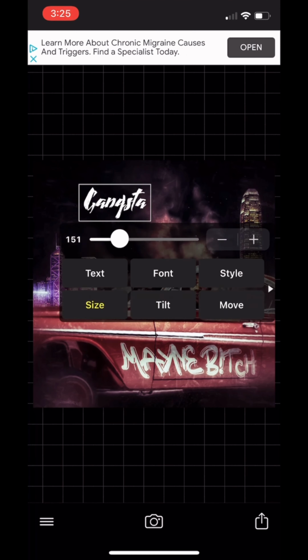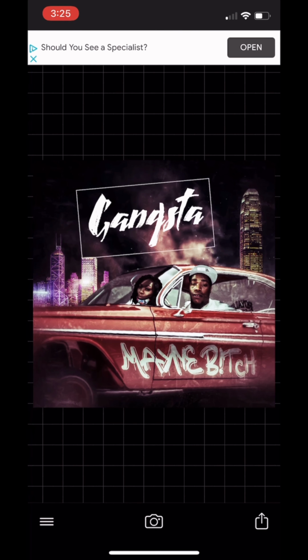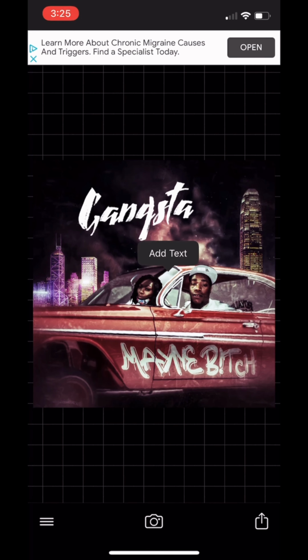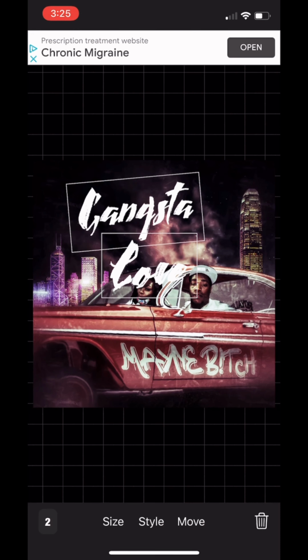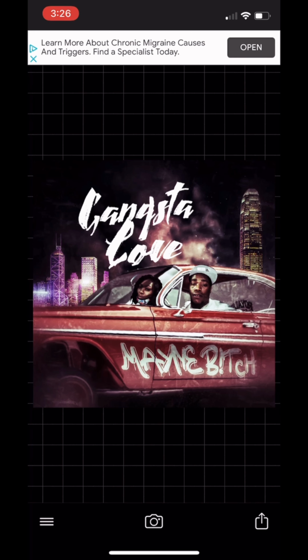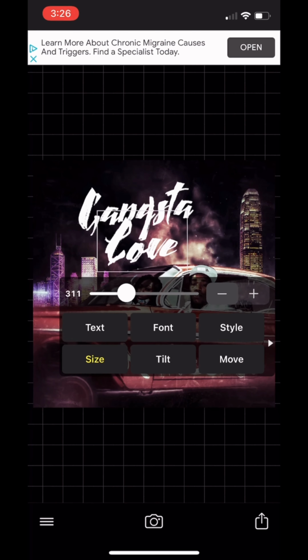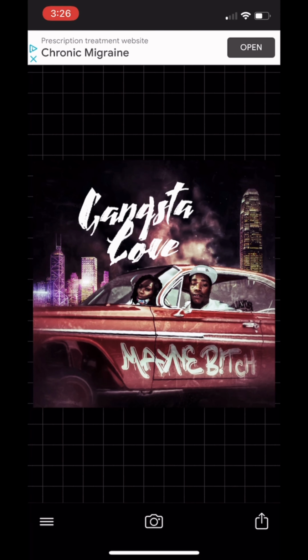Oh yeah. I found this font. This font really looked like a gangster type of way of making a cursive font. So I went ahead and did that, and it looks pretty feminine too. So I thought it worked really good. So I just made the love smaller just a little bit,